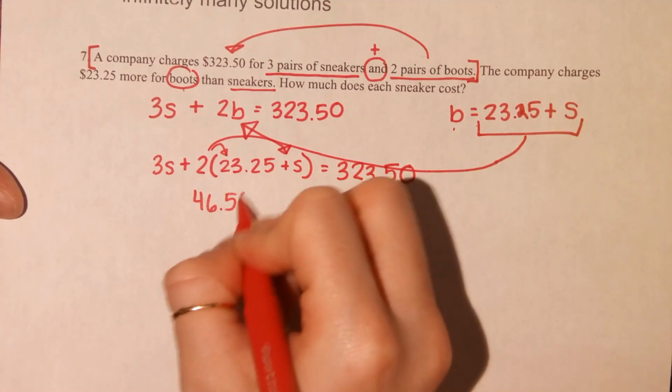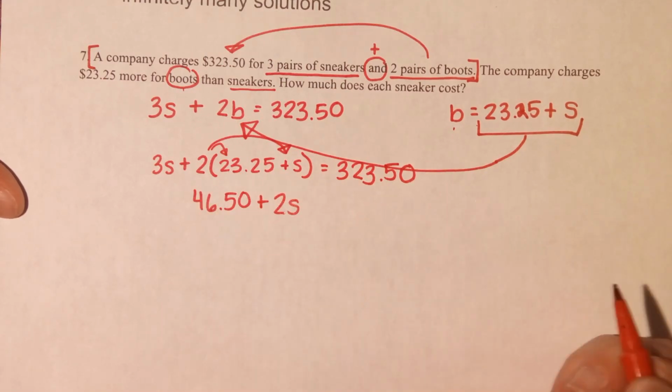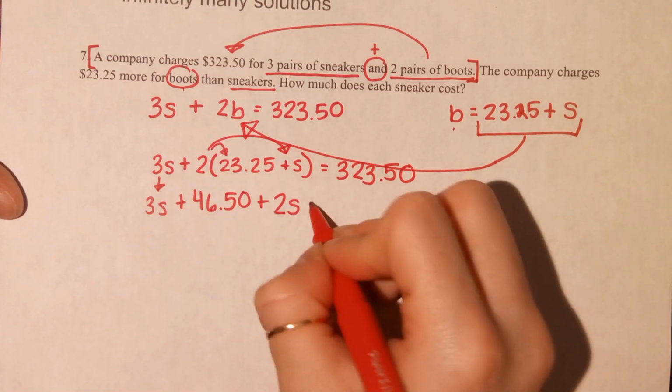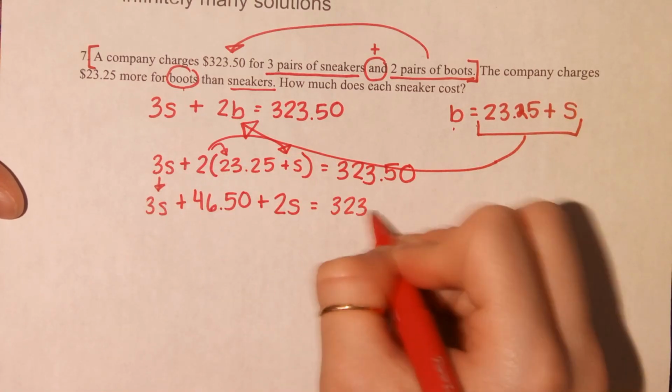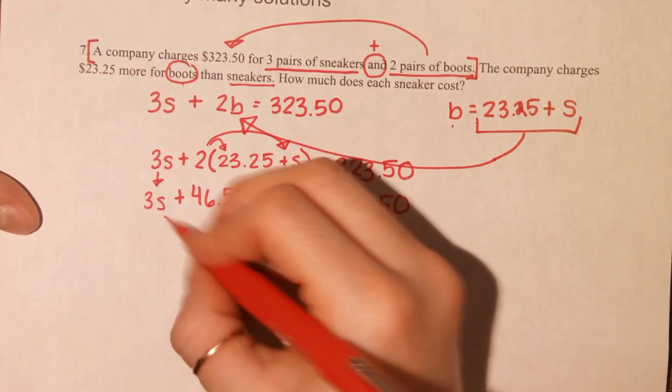And it equals 323.50. Now we're going to want to combine our like terms. 3s plus 2s is 5s plus our 46.50 equals